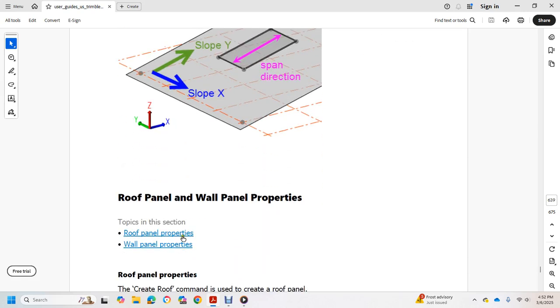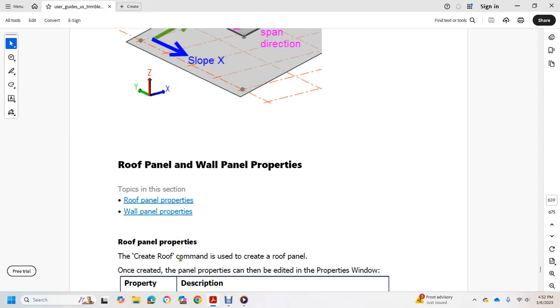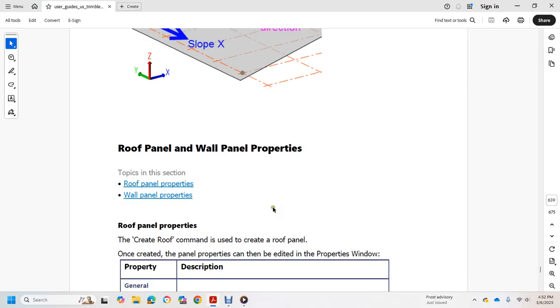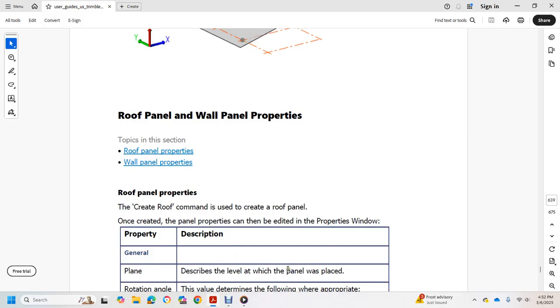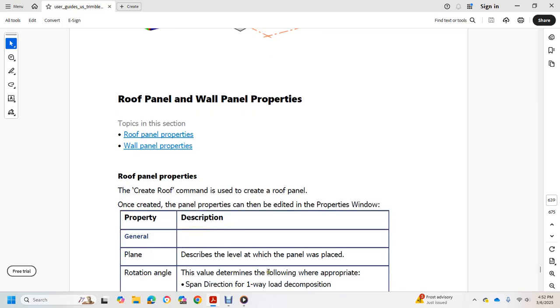Roof panel, wall panel properties. Top of the section with the roof panel property, wall panel property. Roof panel property: to create a roof, use the create roof panel command, then get the panel property in the property windows. Property and description, general: describe the level the panel was placed on, playing with the rotation angle to determine the